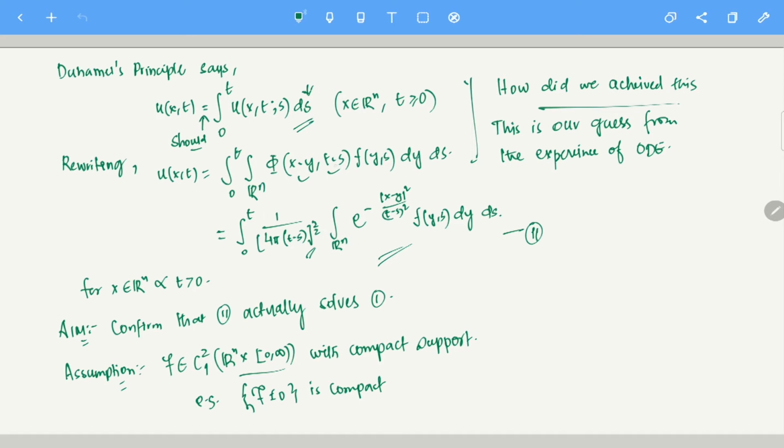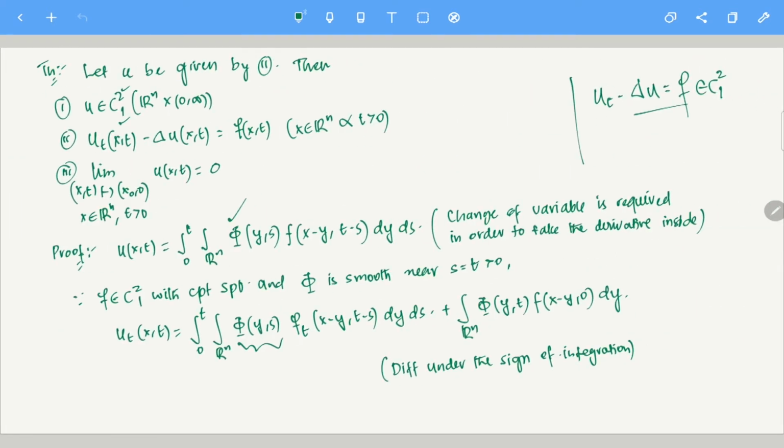So let's say if that is the case, then you are looking at phi of 0, 0. We know that phi as a fundamental solution has a singularity at 0, 0. If you have a singularity, that differentiation under the sign of integration won't work here. So you can't take u_t and hope that this time variable will go inside. Okay, you can't do that. So for this formula to hold, phi has to be free of all such singularities. So what we did is we changed this variable and wrote it in such a way that we can do all of this. Okay, and that is why this is true.